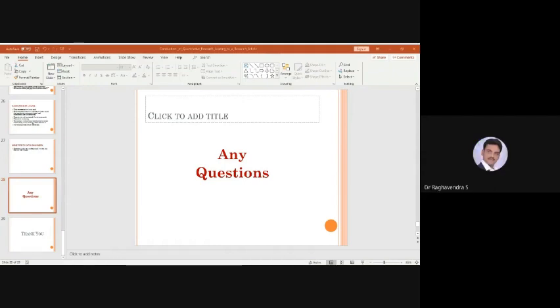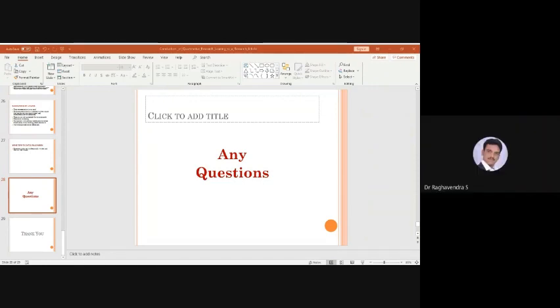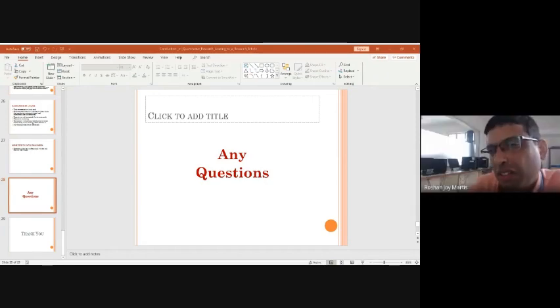Good afternoon, sir. Sir, if we are using some mathematical models in the research article, do we have to give some examples of how it will work? No need to give examples. You are using a mathematical model in your application, so just give some details, not so much detail. If it is well established, you need not give much detail. Some details you can give, and you can give the reference.